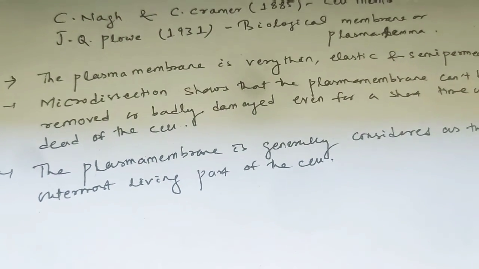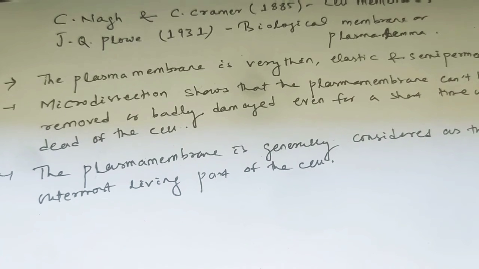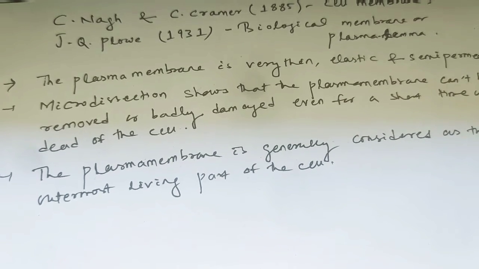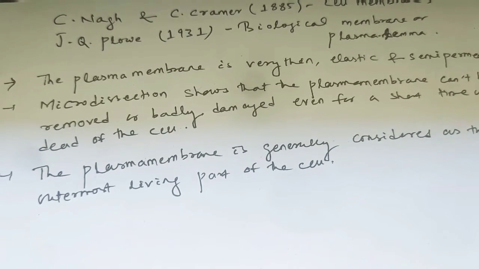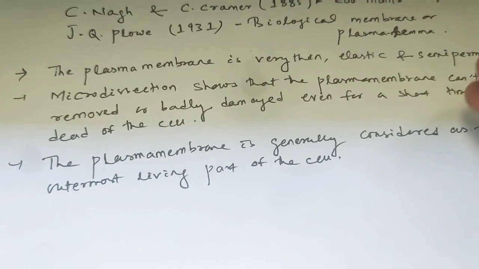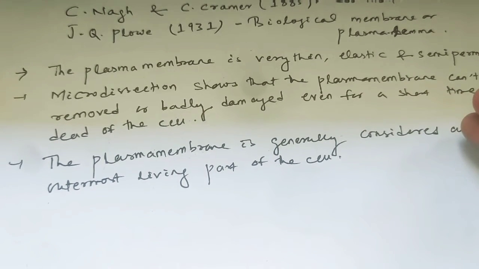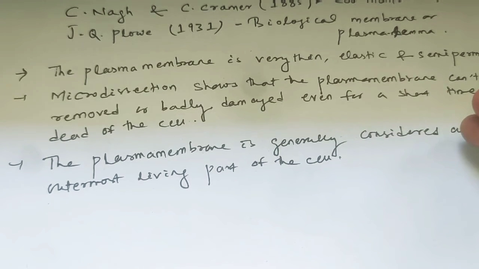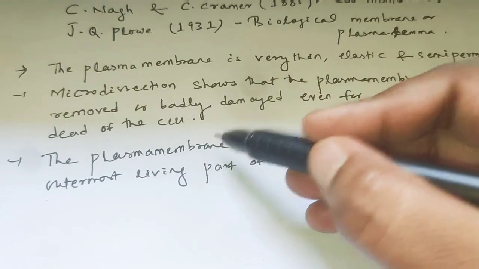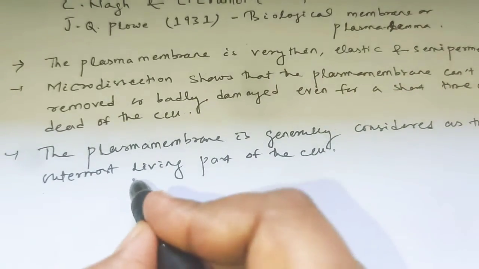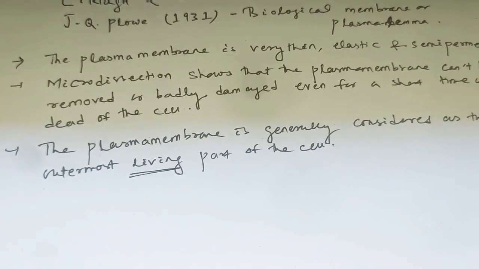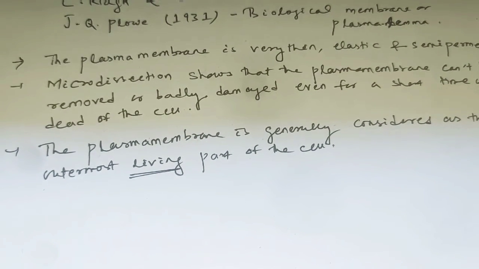The plant cell differs from the animal cell in possessing an additional non-living cell wall external to the plasma membrane. So an external cell wall is present in the plant cell, which is different from the animal cell. That means the animal cell has only a single living layer, the plasma membrane. Remember, the plasma membrane is living and the cell wall is non-living. Up to this, clear?